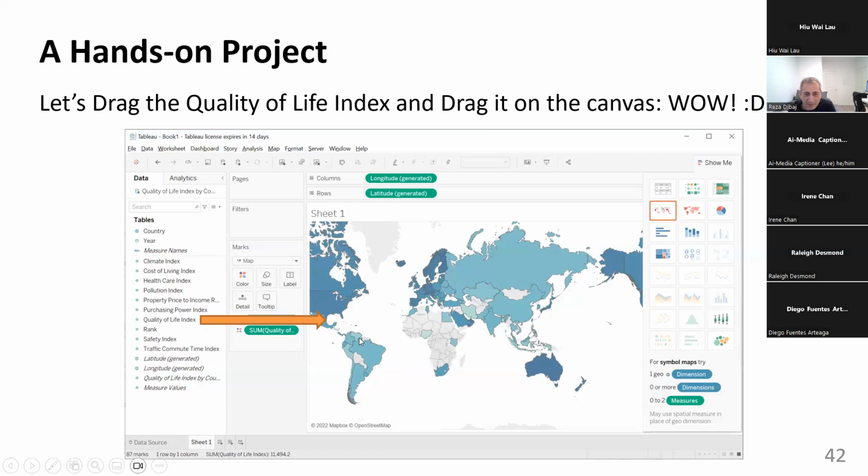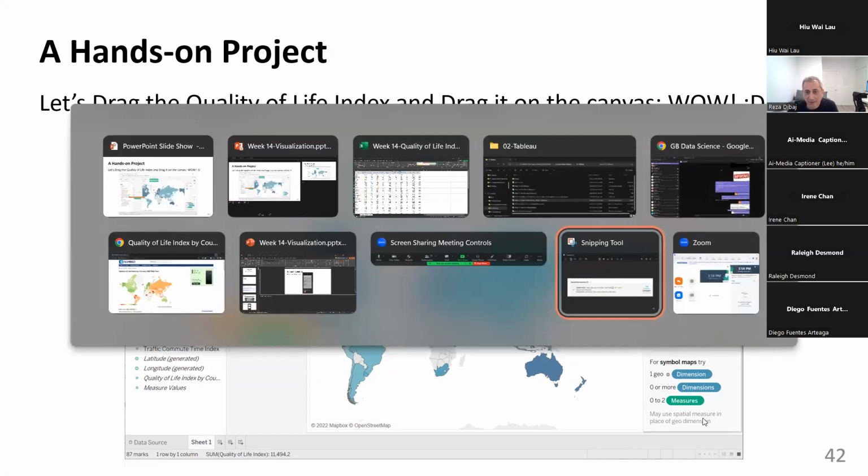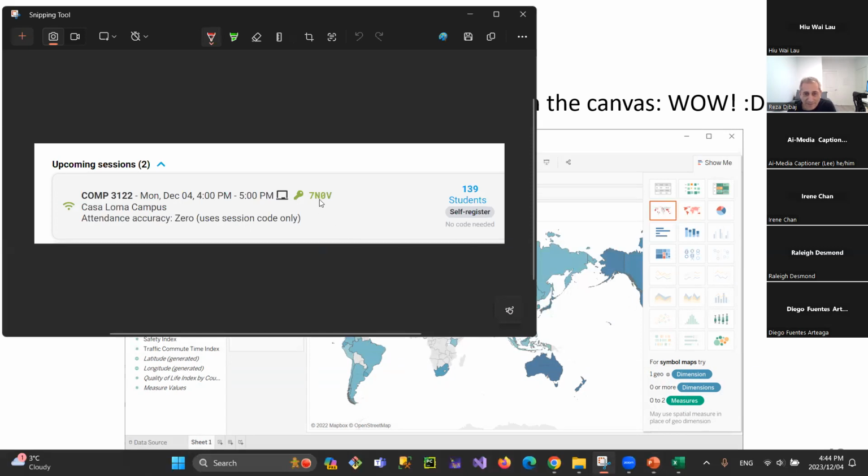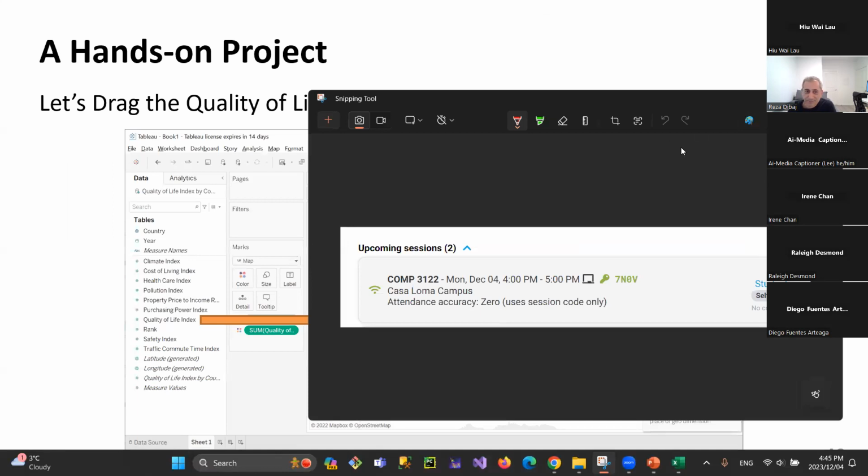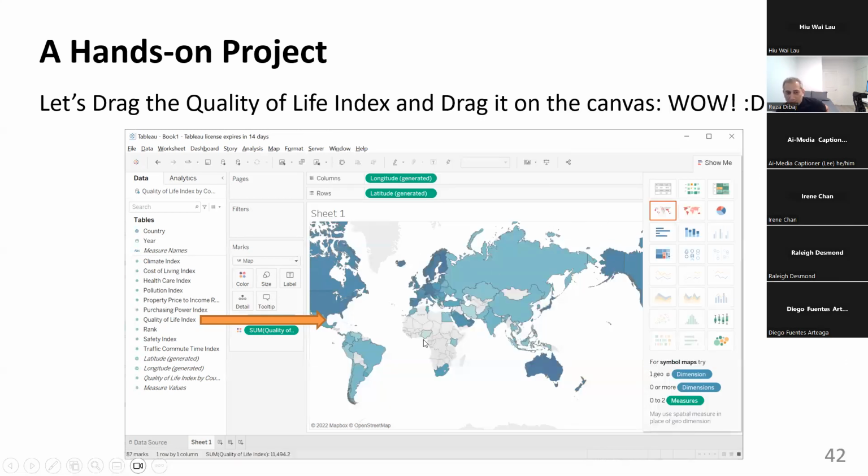But Venezuela, for instance, is the colors are, yeah, I already said, I guess, the ad class code. Let me just bring it again. This is the ad class, I think, 7N0V. Okay, does it work? Okay, bravo. Okay, so do you see that just by one drag and drop, it turns the graph